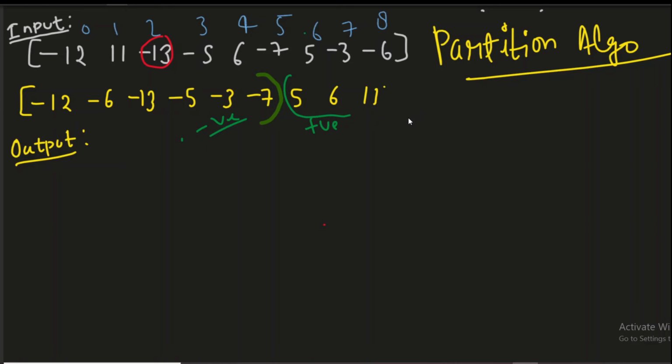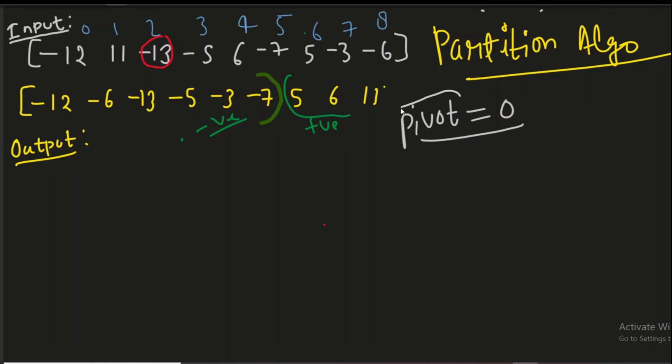Here, as we know that the array consists of negative and positive numbers, and we want negative numbers first, then positive numbers. So what we can do, we can select a pivot and my pivot would be 0. We do partition around this pivot 0. The elements less than 0 will be placed towards the left hand side, and the elements which are greater than 0 will be placed towards the right hand side.